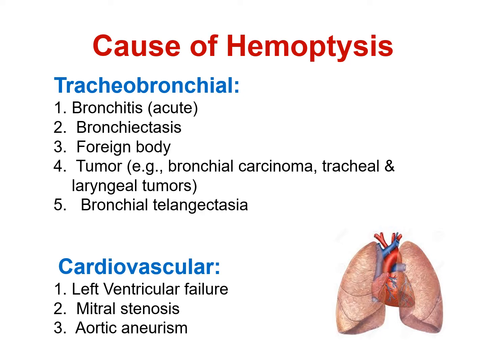Haemoptysis has multiple causes. Haemoptysis may be due to tracheobronchial diseases like acute bronchitis. Note that chronic bronchitis is not a cause of haemoptysis, but acute bronchitis is the most common cause of haemoptysis. Others include bronchiectasis, foreign body, tumors like bronchial, tracheal or laryngeal tumors, bronchial telangiectasia, and cardiovascular causes such as left ventricular failure, mitral stenosis,